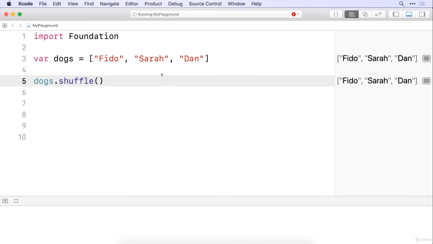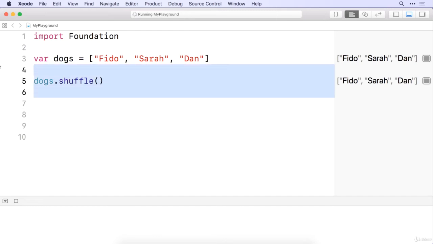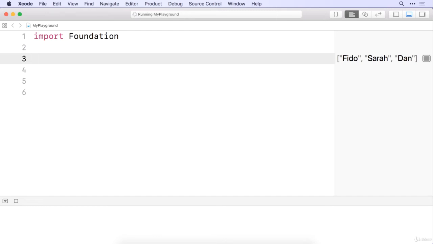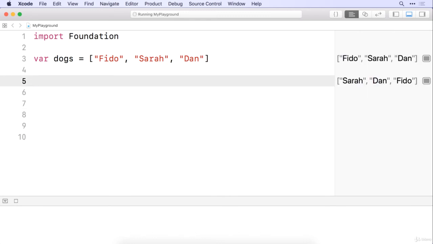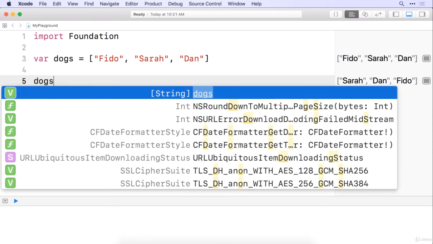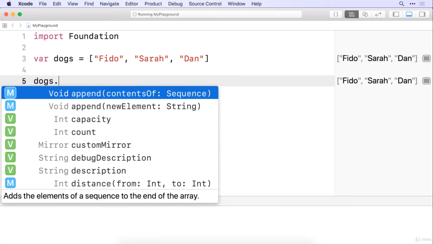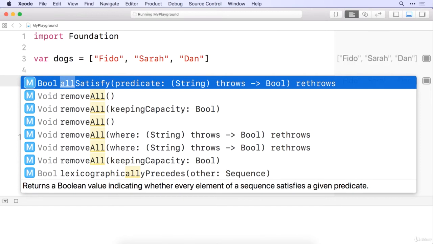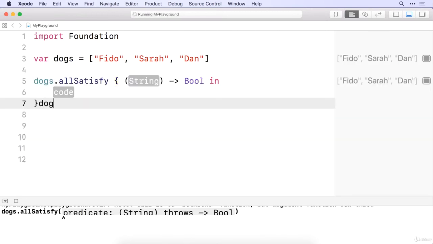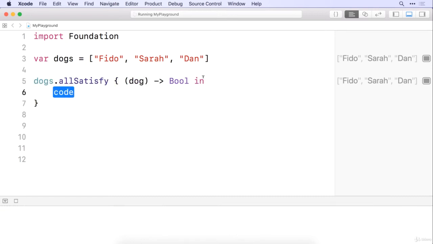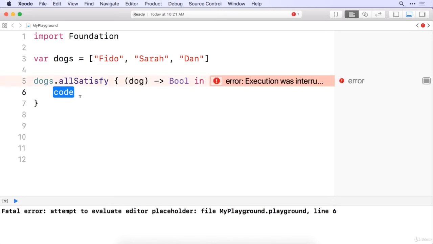Okay. One more thing to go along with arrays here. This doesn't have to do with randomness, but it's a way, if you've got a big array of something, that you can check to see if they measure up or pass some sort of condition. This is called allSatisfy. So you take an array and you can say on it dot allSatisfy. And if you go ahead and hit enter on this completion handler, basically this would go through each individual dog, and we would have to return back a Boolean, true or false, about whether this